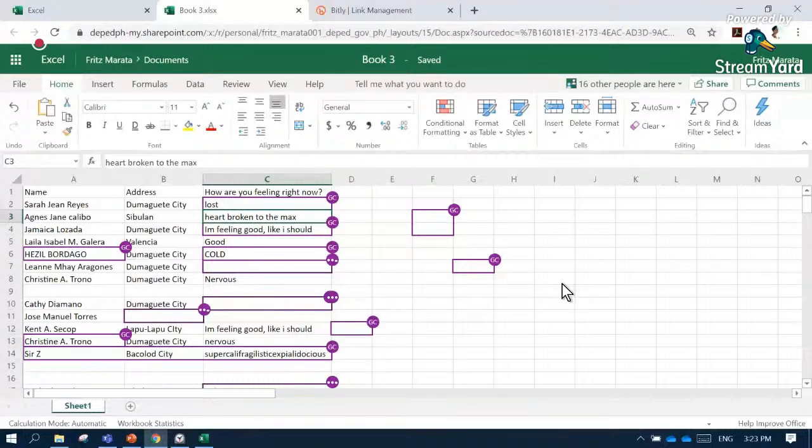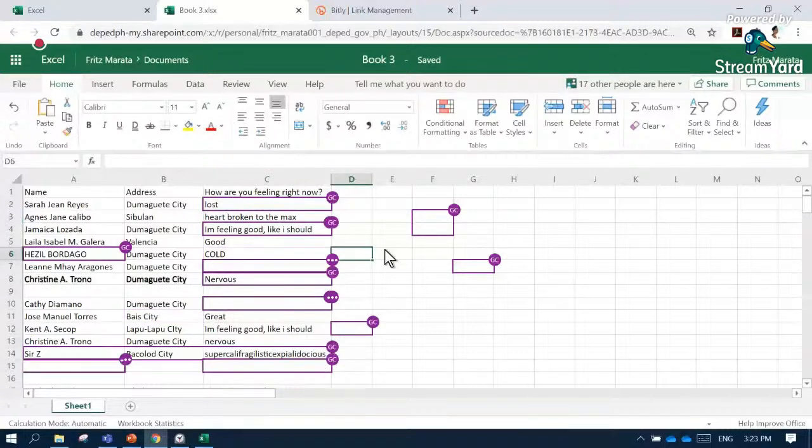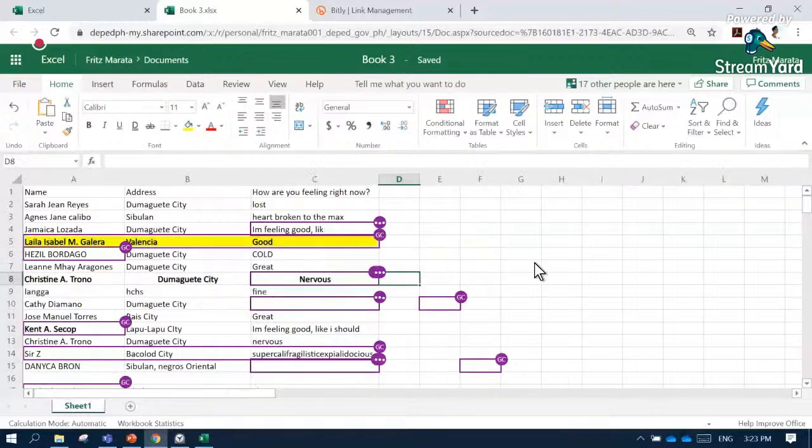Ma'am Christine Trono is nervous. Why? Can you expound that feeling, Ma'am Christine? You can unmute your mic and explain why you are feeling nervous? Okay, we also have Langga. So ginis Langga. Trending ginis Langga.